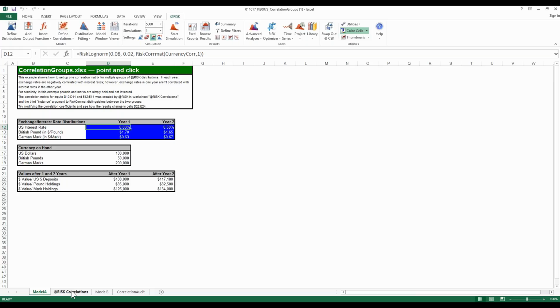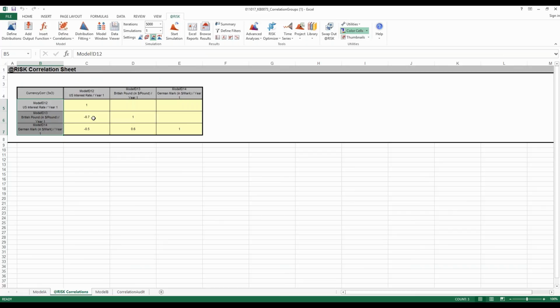without having to create multiple correlation matrices? So just envision, like, if you're doing a net present value model and you want the inputs to be correlated for year 1, year 2, year 3, year 4, year 5, all the way across, you would have to have 10 matrices. So how do we avoid all that clutter? Well, if the years themselves are not correlated to one another, then you can simply use what's called instances. And the way you can see what an instance looks like is if we go into this